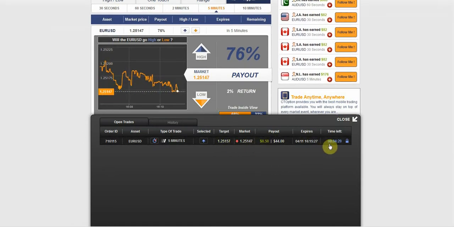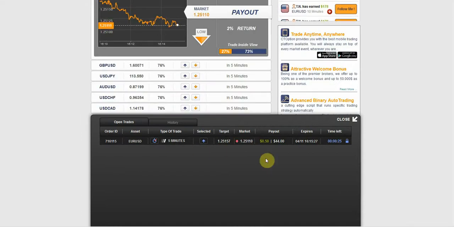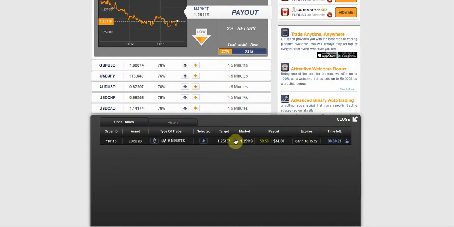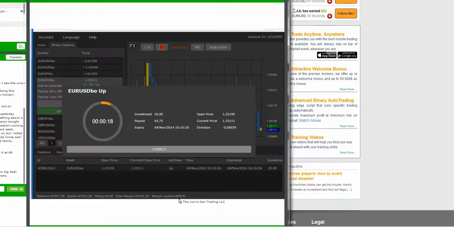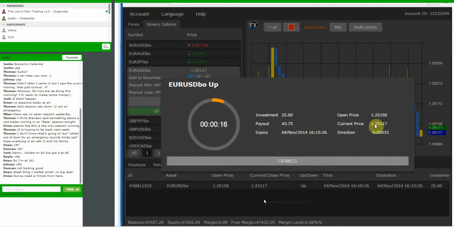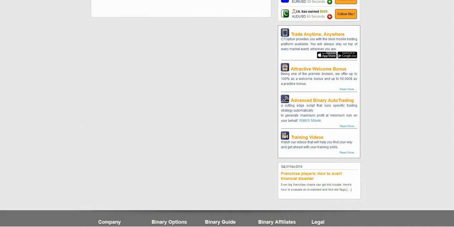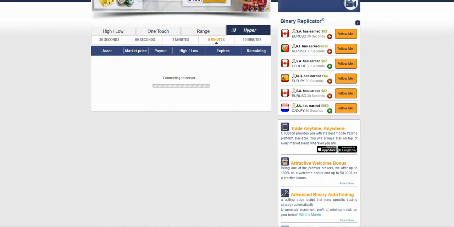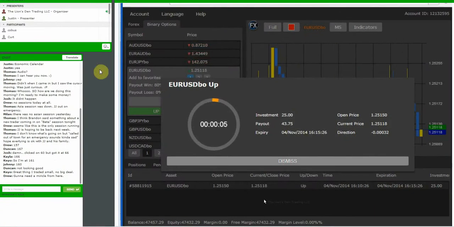Alright, we have about 4 minutes to go here, so I'm going to go ahead and pause it and come back to you guys in about 4 minutes. Alright guys, we're about 30 seconds out now. Market basically broke through the level that he was using to make this call. So we're going to have our first trade of the day as a loser, and we're basically just going to have to see how it goes from there.